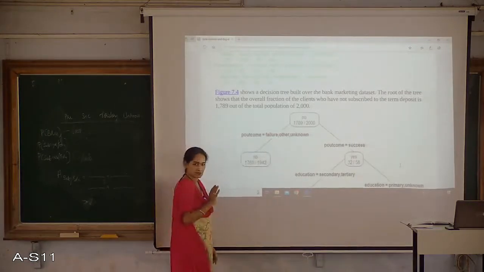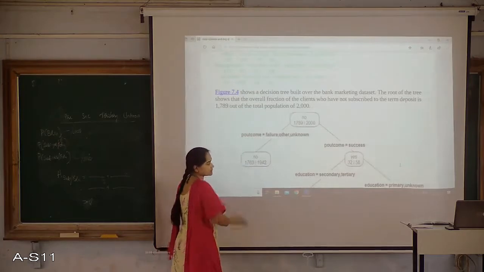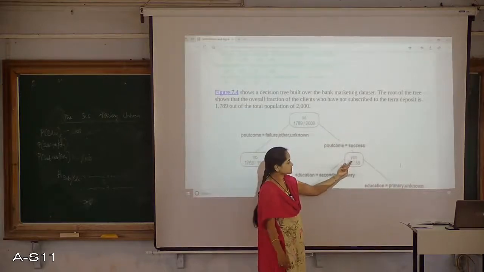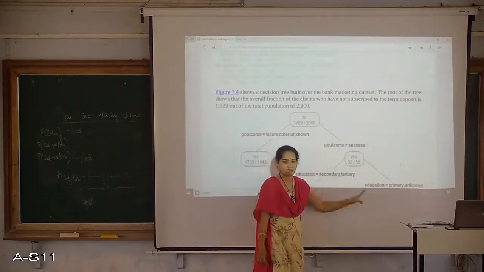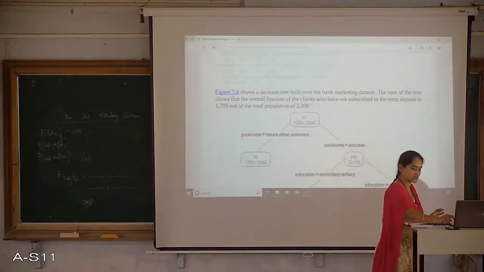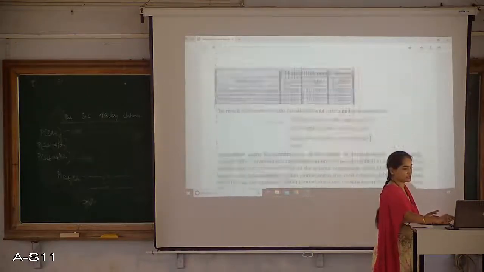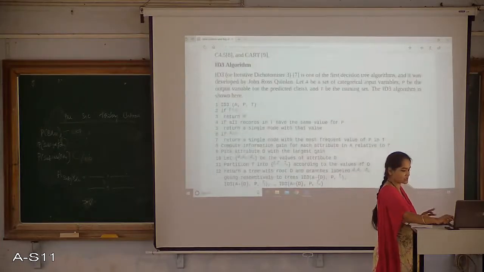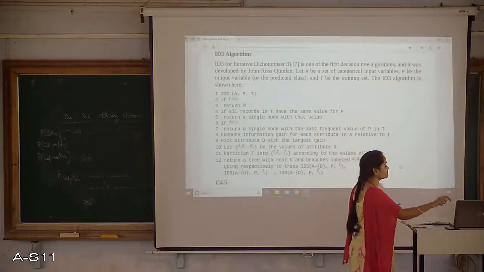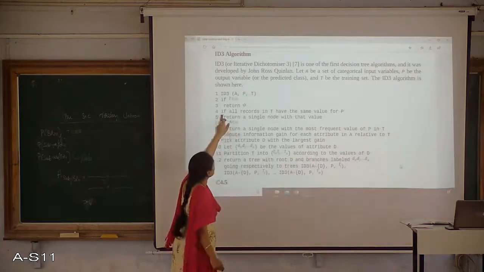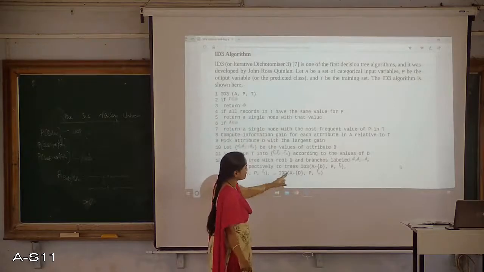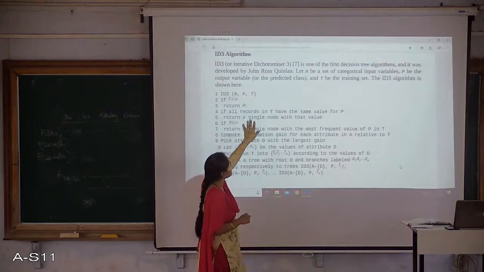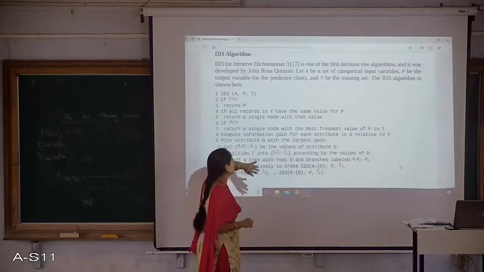I am stopping it. If at all it is having any other options where it's not falling into the same cases, some are yes, some are no, then further I will make a split. So that is what the condition says, that if the nodes in that training data are falling into the same cases, you need to stop the further split. If all records in T, now taken as T1, are falling into the same class, return a single node with that value and come out.